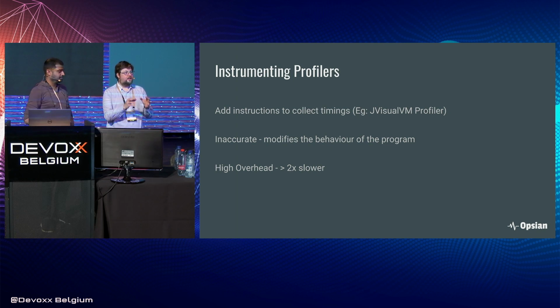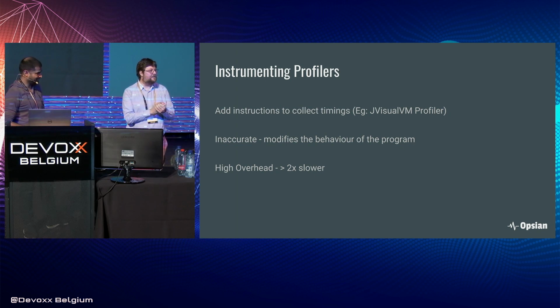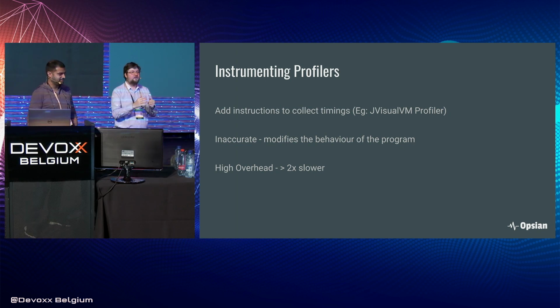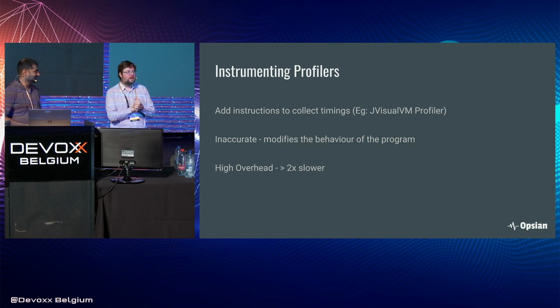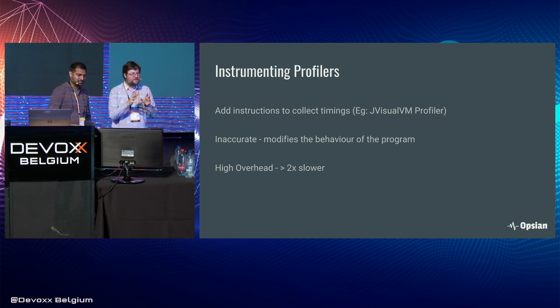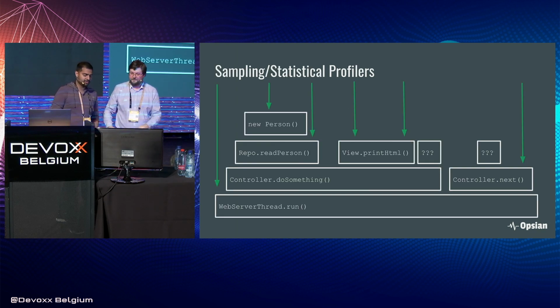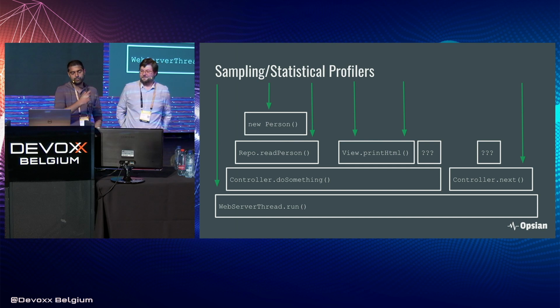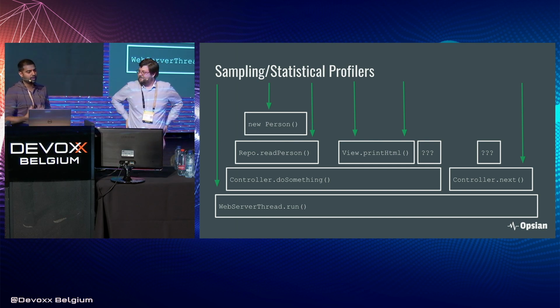That's right. The nicer your refactoring is and the cleaner your code is, the higher the overhead instrumenting profilers end up being. Everyone in the room who's working on a legacy monolith full of 1,000-line methods is going, yes, yes, it's good for me. But not if you've got nice clean code. All right, so what else can we do? So we saw instrumenting profilers, and now we're going to look at sampling or statistical profilers.